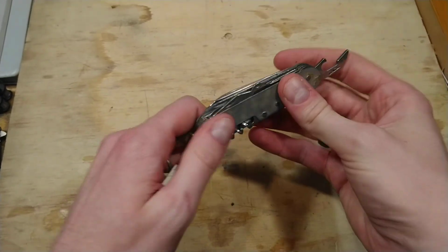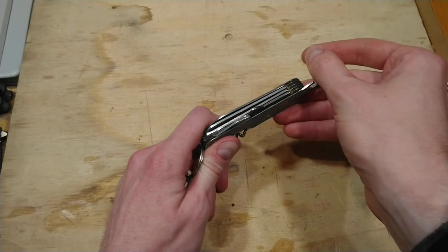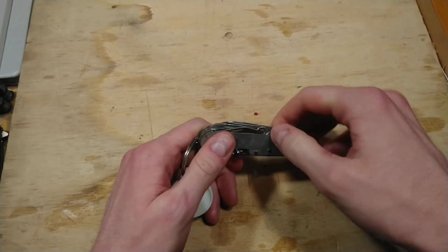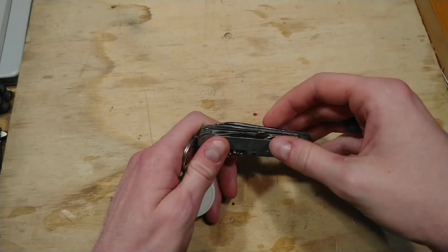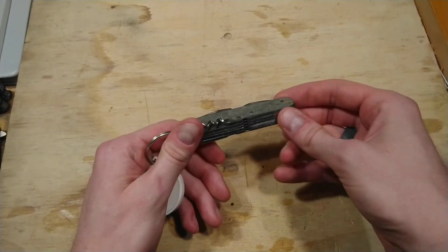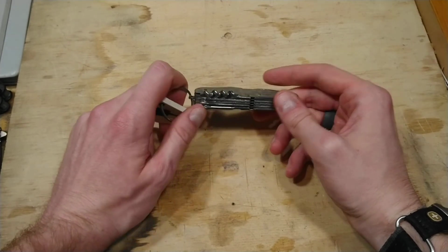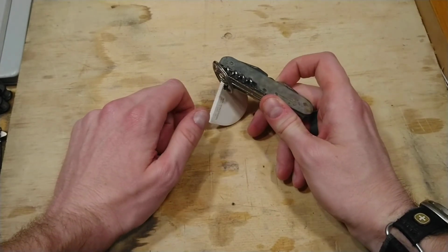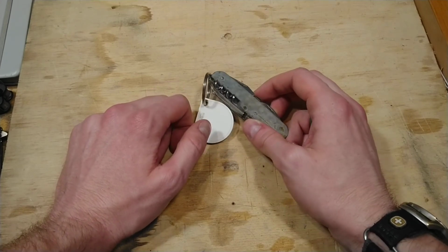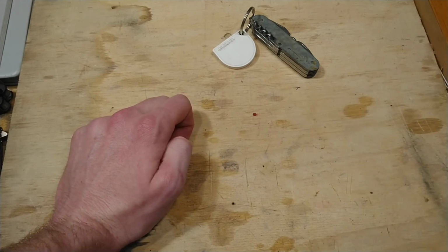Oh, very stiff. I haven't touched this thing or opened it in like 4 years at this point. So it just kind of sits in my collection. It was a gift. So I've still got the scales somewhere. I always meant to glue those back on, but I'm not entirely sure where they got off to, to be truthful. Anyways,